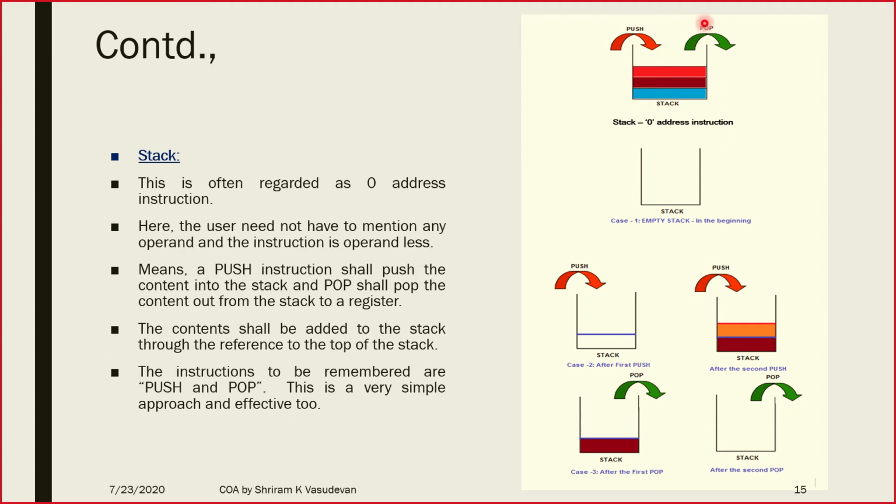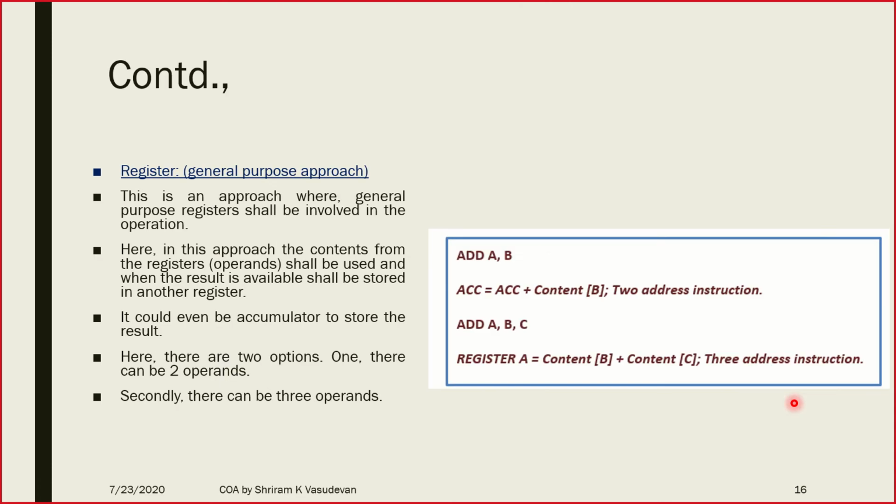And see the way that things are working out here. This is the empty stack right now. I do not have anything in the stack, and I give a first push, and it will become one level filled. I do a second push, and I have got the second content filled. When I do a first pop, the top content will be thrown off, and when I do a second pop, the second one is also thrown off. Remember, the first push content will come out last, and the last push content will come out first. The instructions that we use whenever we go with a stack oriented ISA are push and pop alone. This is one type of ISA.